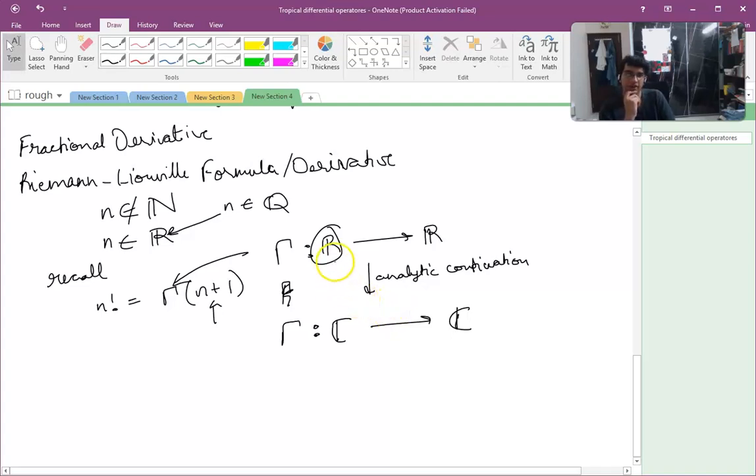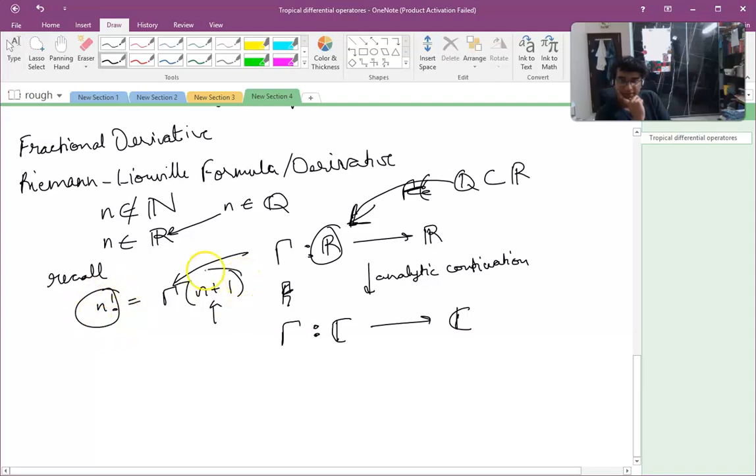Since this is defined for R, clearly it is also a map from, say, the rational numbers, which lie in R, so I can obviously put this in here. And so by making this substitution, I just rewrite my Cauchy formula,